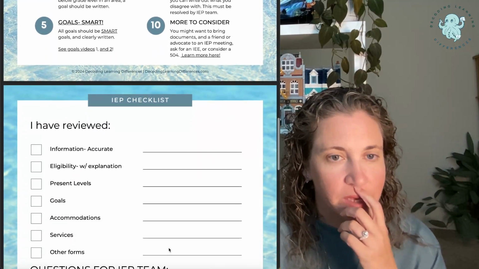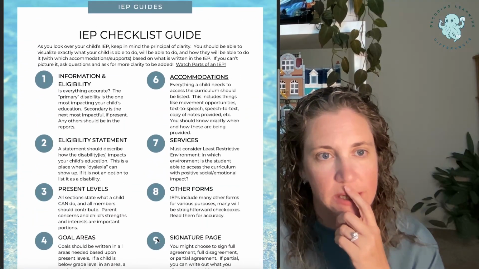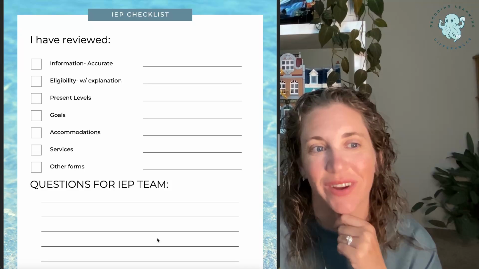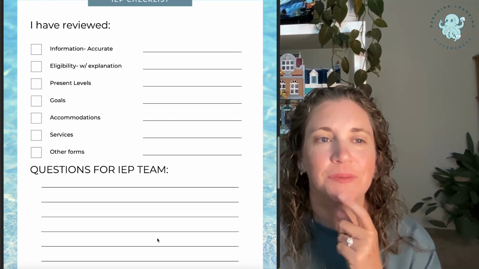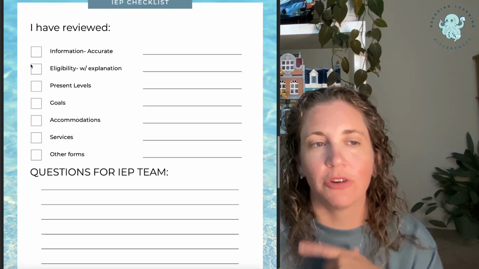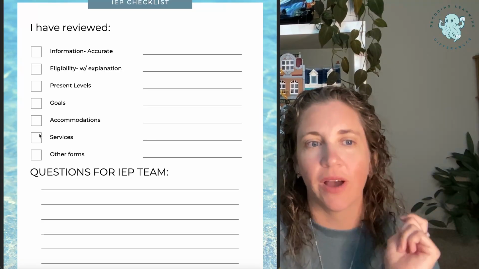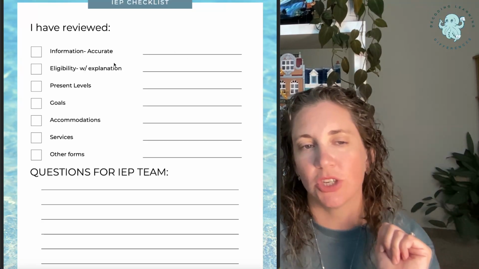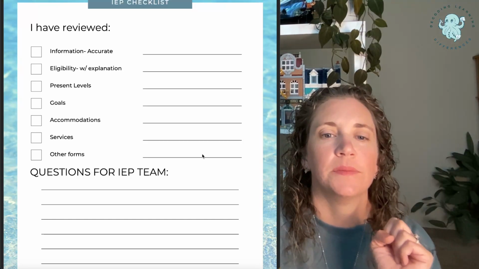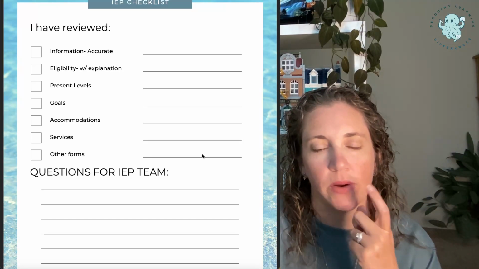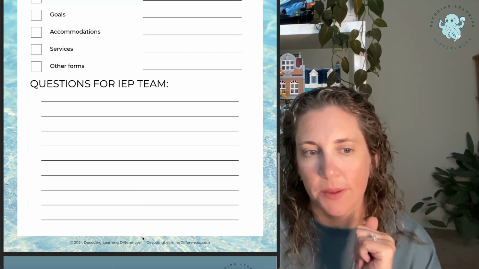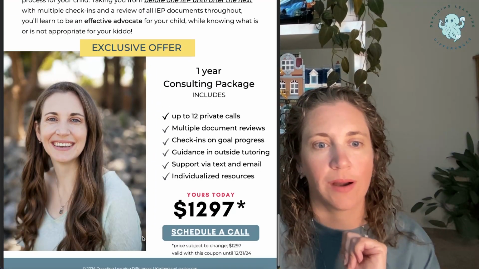Okay. So then I said it's a checklist and doesn't look like a checklist, right? Well, that's the checklist guide. The actual checklist is very simple. So I reviewed, so you're just checking for yourself. I've gone over these things. This is just an area you can put a little note about that thing. If there's just a quick thing that you want to remind yourself of, a place where you can write down questions for the team, and then more